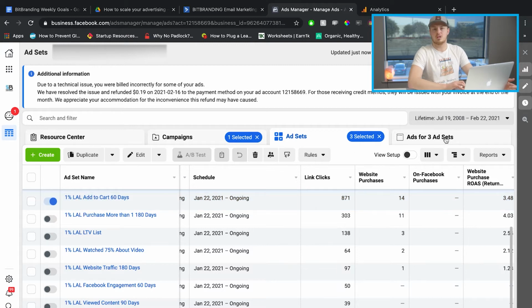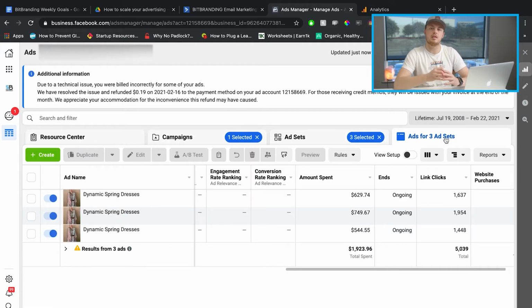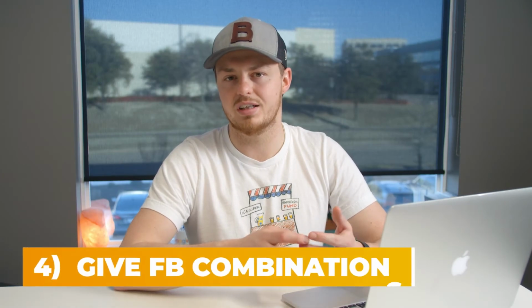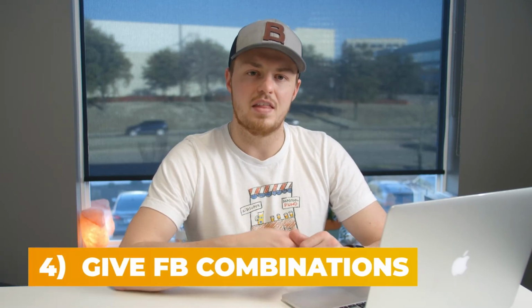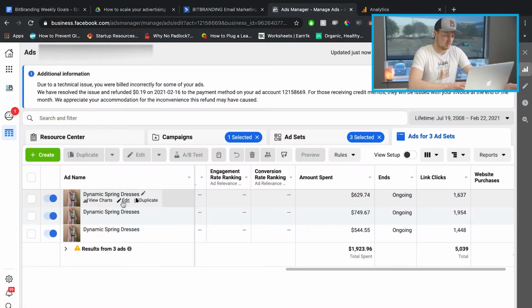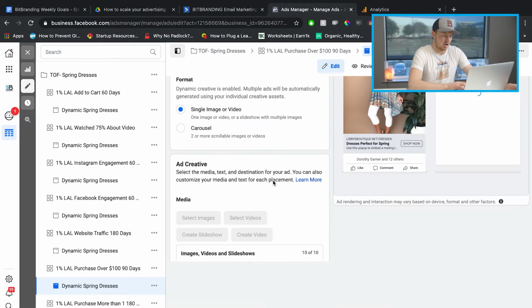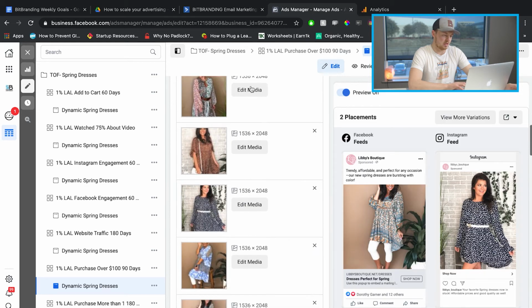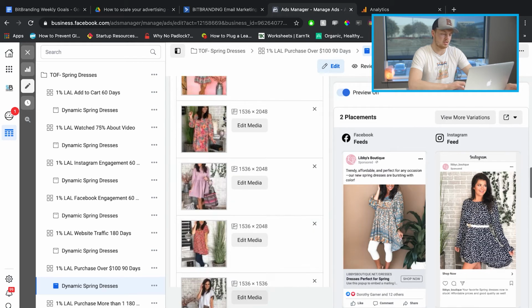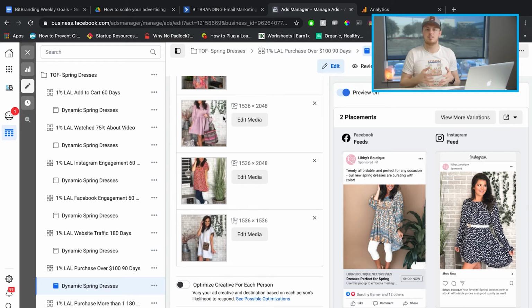All right, so as we get to the ad level, this is step number 4. At the ad level, give Facebook as many combinations of your product as possible with as many headlines. This will give Facebook even more data and give you a better opportunity of creating a combination that wins. So for example, we can go here and under that one, look at all these options that we have on the left-hand side. We chose all of these options, and what Facebook is going to do is pick between all of them and show it to more people, and it's eventually going to say, okay, this one is doing better than the other one. So this white dress is doing so much better, so we're going to pick that one. It's going to pick the winner and let Facebook choose that.